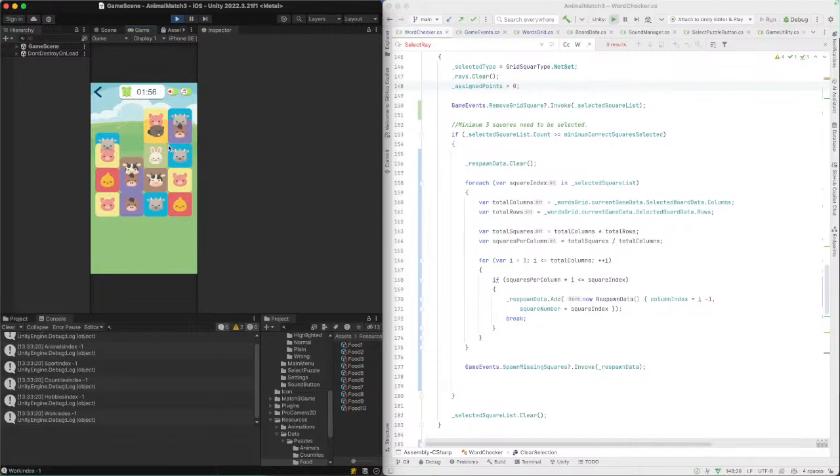Okay, so we have this, and we have 3 new squares. I think we have 4 new squares. So yes, that's